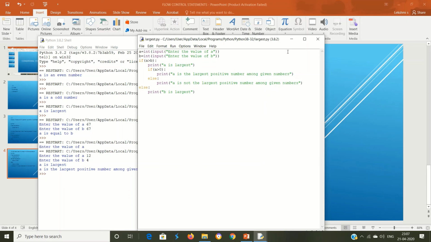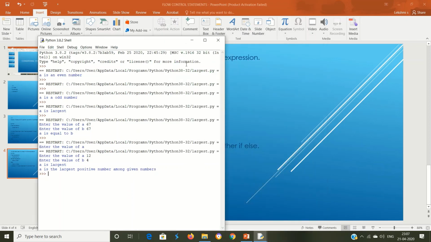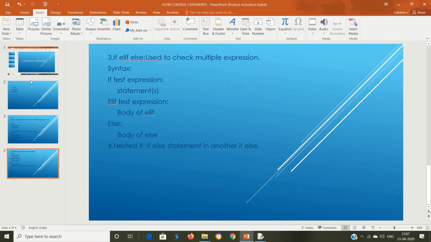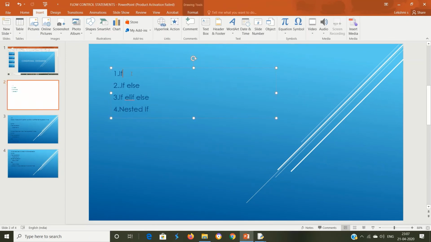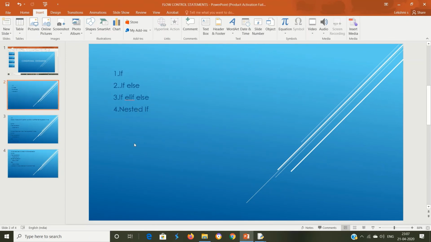So here I conclude the 4 types of statements. Conditional statements: the if statement to check one condition, the if else statement to check 2 conditions, the if else if statements to check 3 conditions, and nested if to check a condition which is dependent on the previous condition.